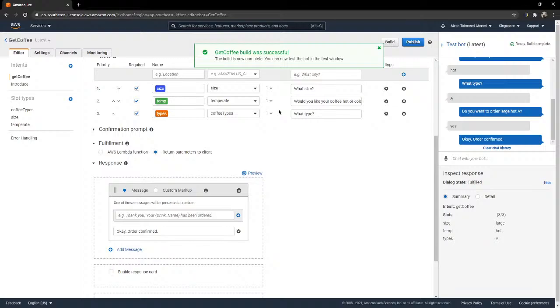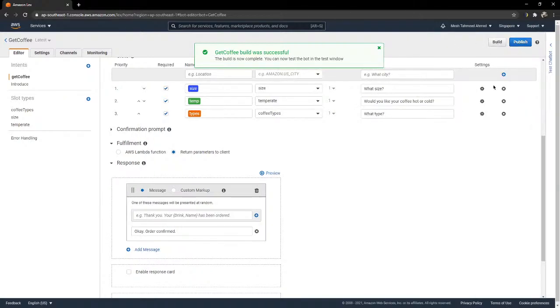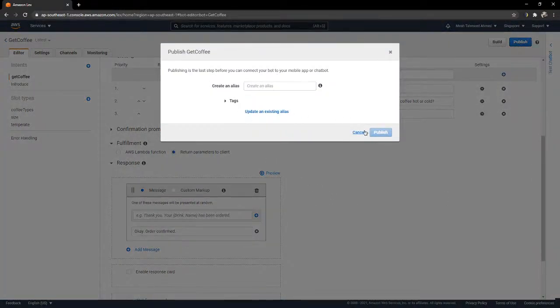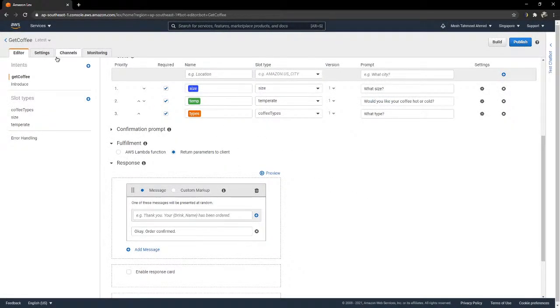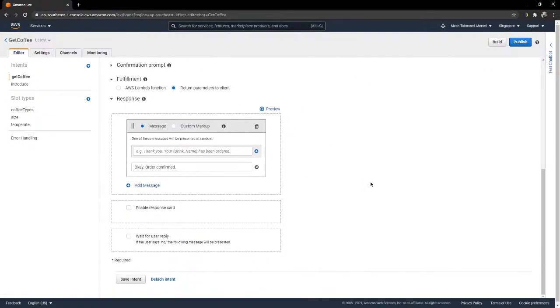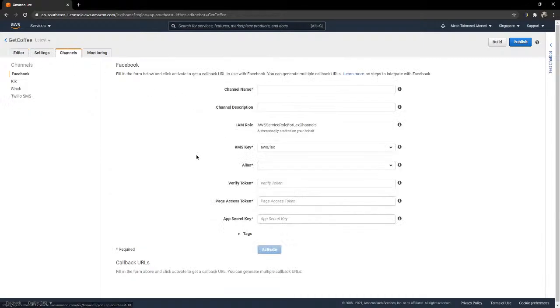You can publish this bot to your website or a Facebook or Twitter page or pretty much anything. And the way you publish it, you just need to hit publish. Wait, give me a second. Alright, so in order to publish your bot to, let's say, they have Facebook already here. So if you want to publish it as a Facebook Messenger bot, it's fairly straightforward. You just go to channels. Now, you need to have a Facebook developer